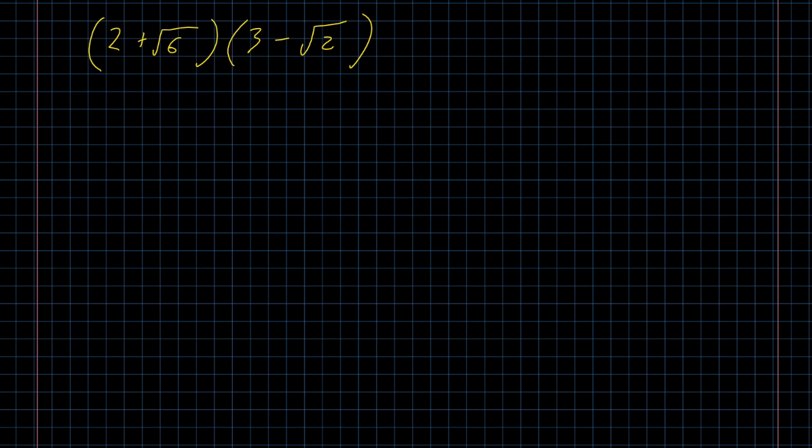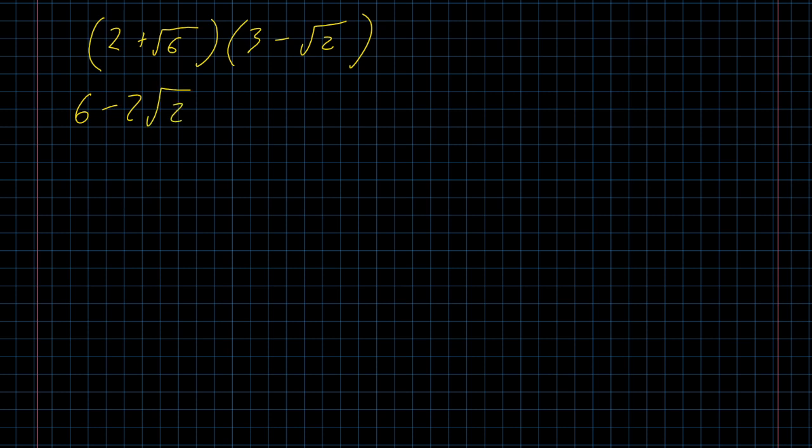Things can get a little bit more complicated. 2 plus the square root of 6 times 3 minus the square root of 2. Here we are multiplying two binomials together. So use the distributive property all over the place. 2 times 3 is 6. 2 times root 2,